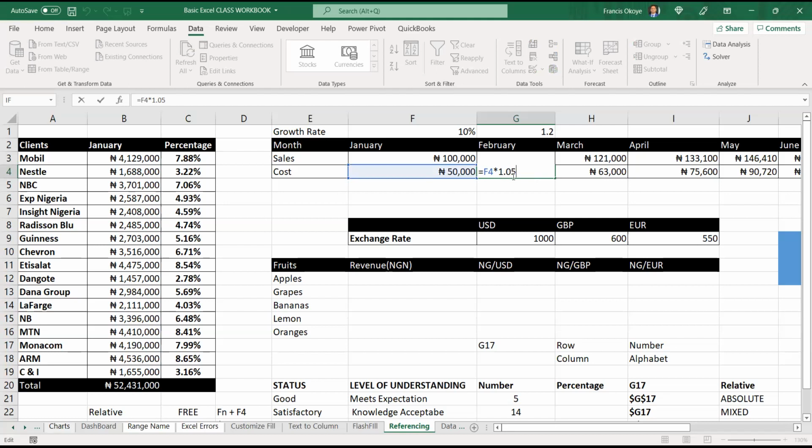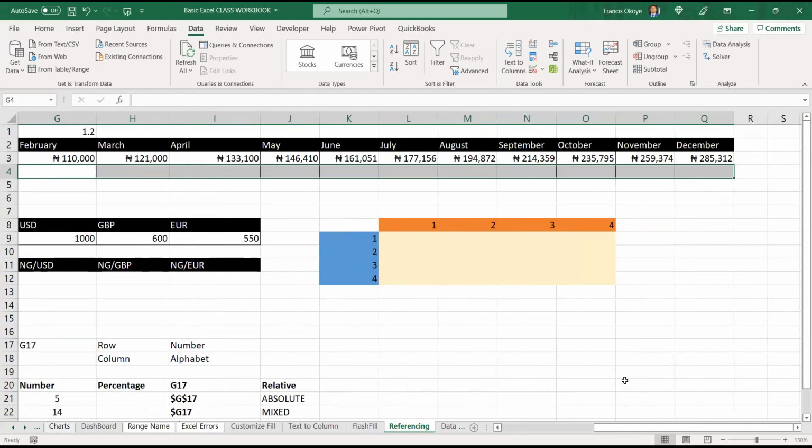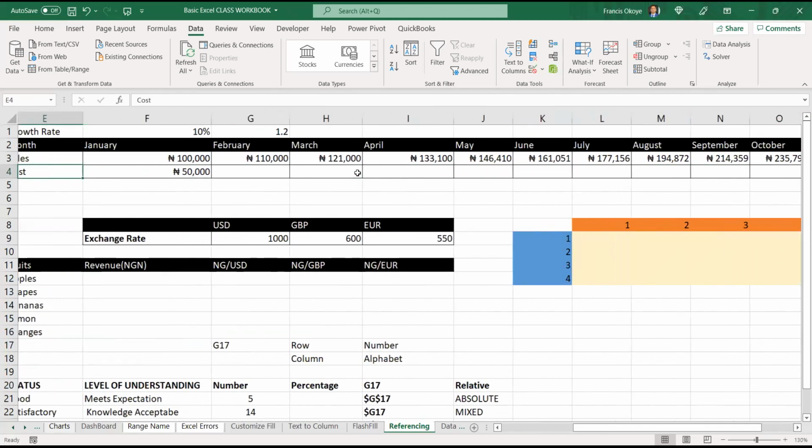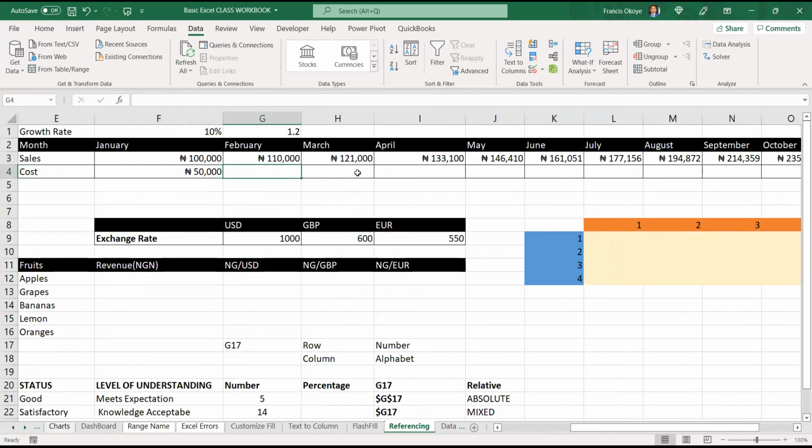On no account do you type anything here. So rather, what do you do? Reference the cell. Never type anything there. Always reference that cell. When you type inside, it's called hard coding. So don't do that, to ensure that your model is always dynamic. This is how templates are created. Yes, exactly.